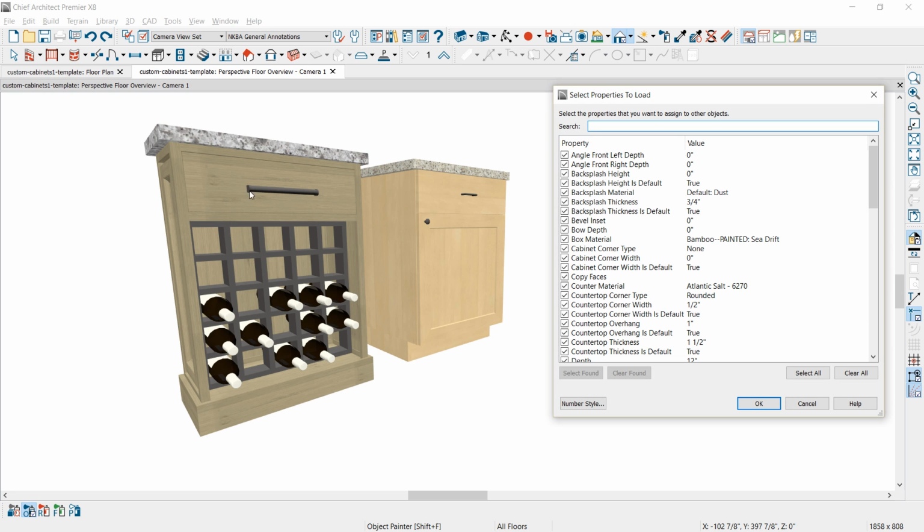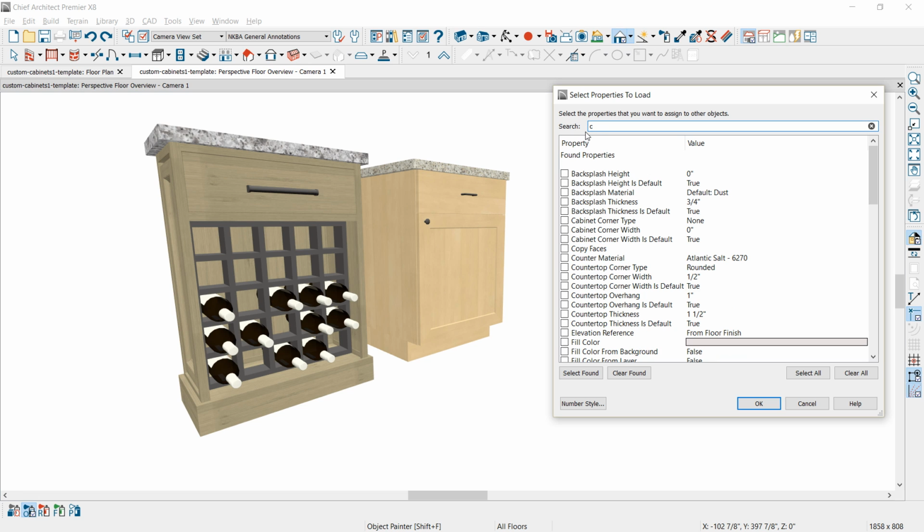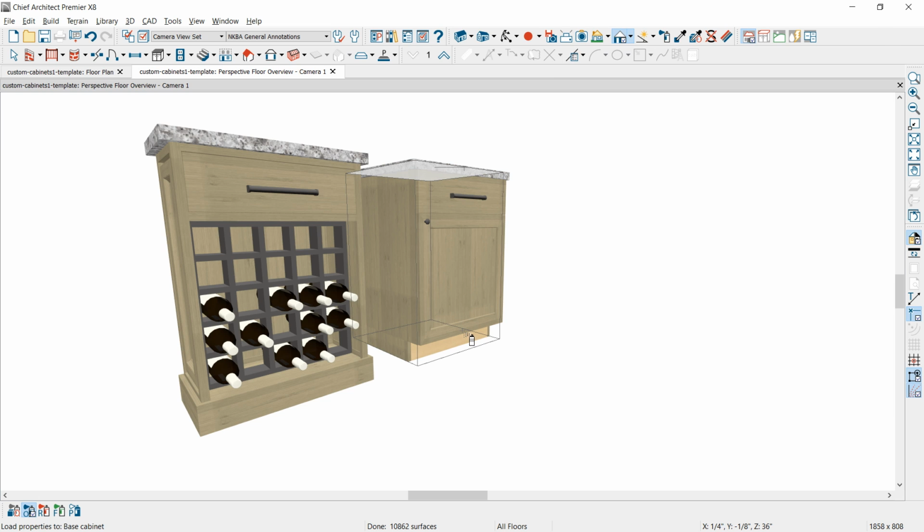To begin with, I want to take the handle and the countertop material off of that cabinet and use those two properties so I don't have to spend time figuring out what those components are. So let's clear all of the selected items, type in the word handle, and then we'll select those two items, and then we'll also go in and find the countertop or the materials that this cabinet is using. So select the countertop material, the box material, maybe the drawer material, and those components there. Select OK, and now I'll apply that to the cabinet that we want. Looks like I missed the toe kick, so we'll just use the material eyedropper, pick up that component, and spray